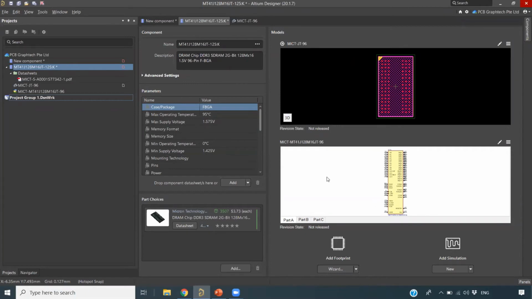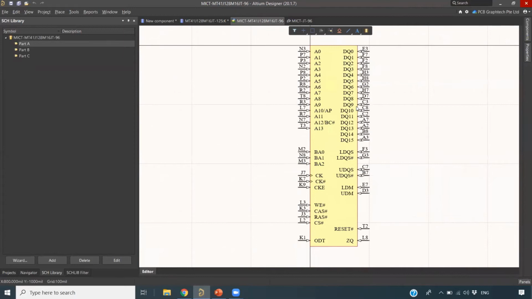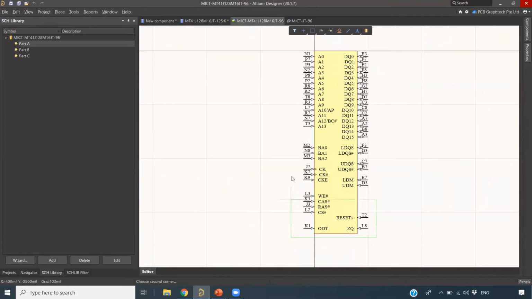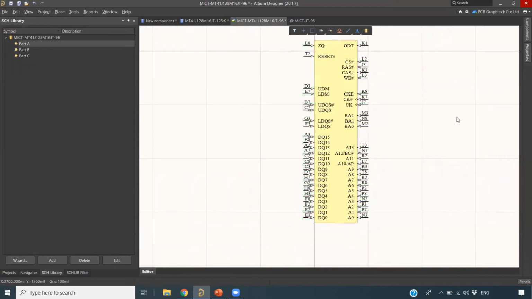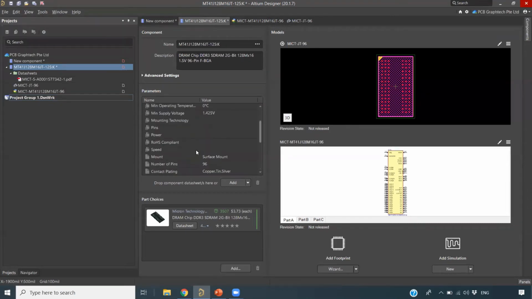Same thing, I want to edit my symbol. You can just click the edit button. It will take you to your schematic library editor. Here I want to rotate the component. For example, I use the space bar and rotate it. Then I save this file and open it in my component. You will see that the component is rotated here. So you can use all this. Then on your left hand side, in the parameters, you can also edit the parameters. For example, I want to use RoHS compliant.